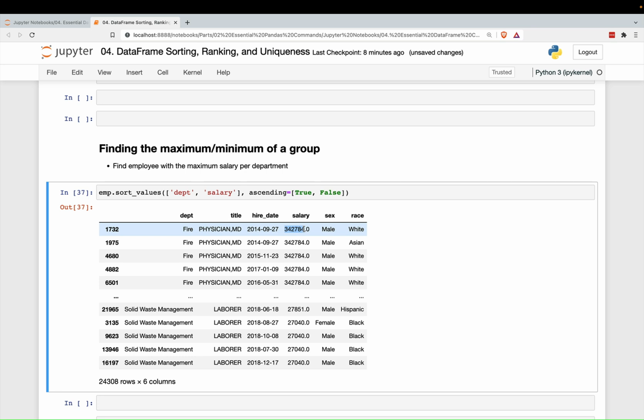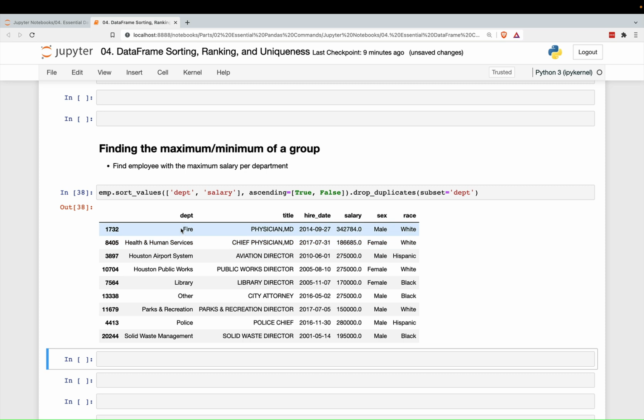Okay, so now we have this. That's great. So we're now going to use our knowledge of drop duplicates. And so we only want the very first one to appear. So if we drop duplicates and we say subset equals department, it's going to keep the very first appearance of every department that it sees. So going down, that's going to be the employee with the highest salary. So this is how you do it. So it's pretty cool. So the fire department,